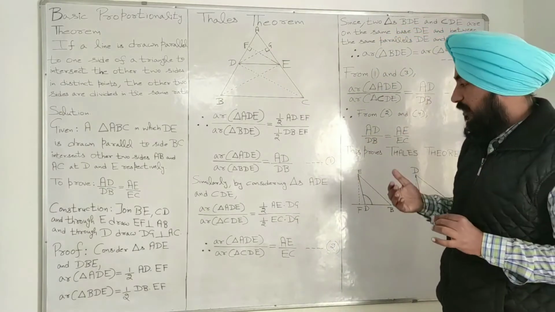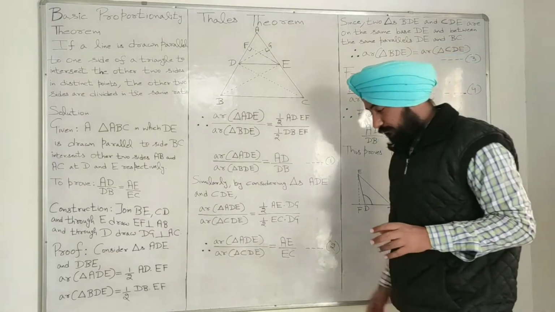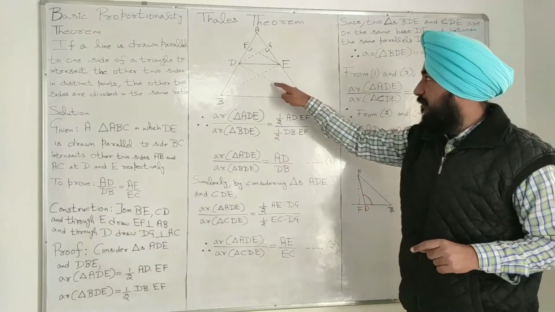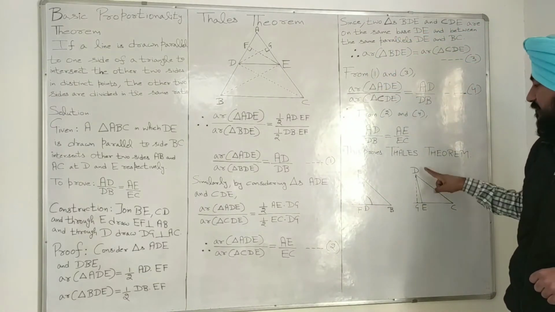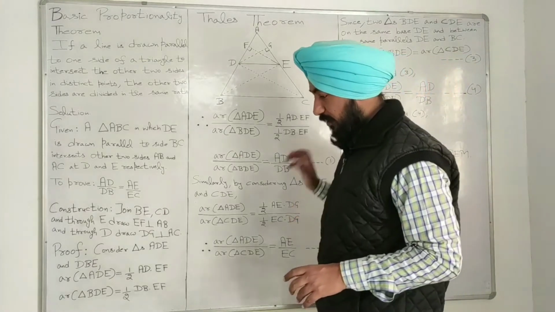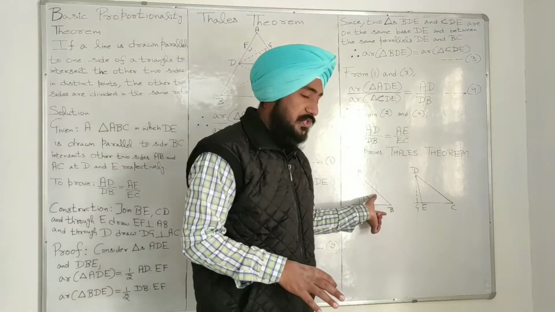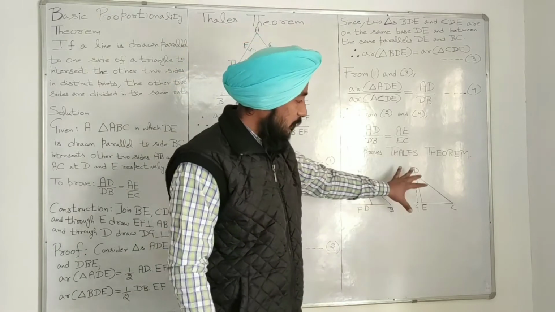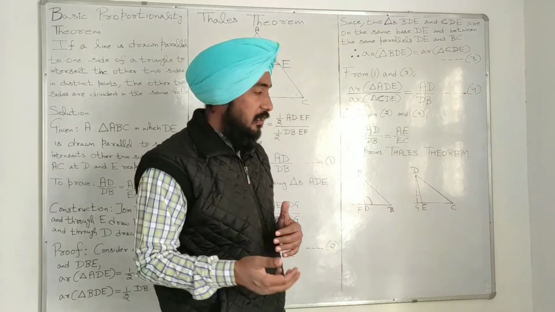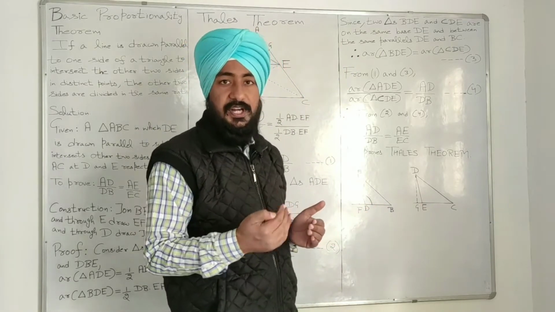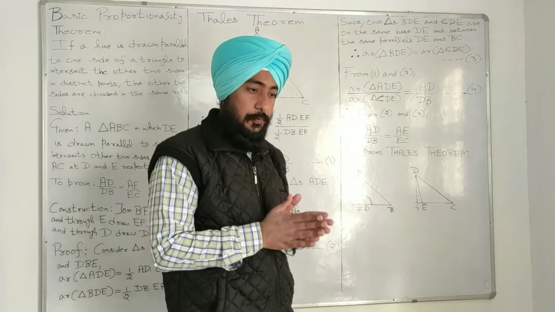The same logic whatever we have used here applies in this triangle. So I have drawn this triangle CDE. Here you can see this is the point C, this is the point E, and this is the point D. Whatever logic we used in the earlier triangle for taking the height, the same logic applies in this triangle. This is also an obtuse triangle, so we can't take the height of an obtuse triangle inside the triangle, so we have to take the height outside the obtuse triangle.